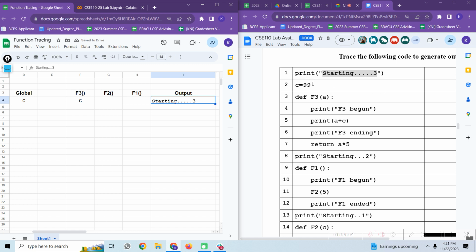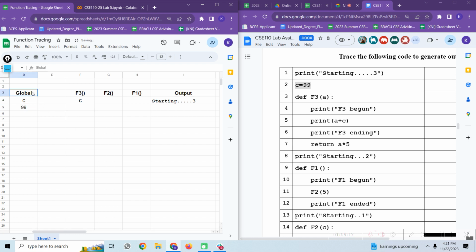Okay, then look, there is a variable c. So I am creating a column for a variable whose name is c. And what is the value of the variable? It is 99. I have written global here. So there are two types of variable in a function. One is global variable and one is local variable. What is a global variable? Let me tell you what is a local variable first. Whenever we declare a variable inside the body of a function,